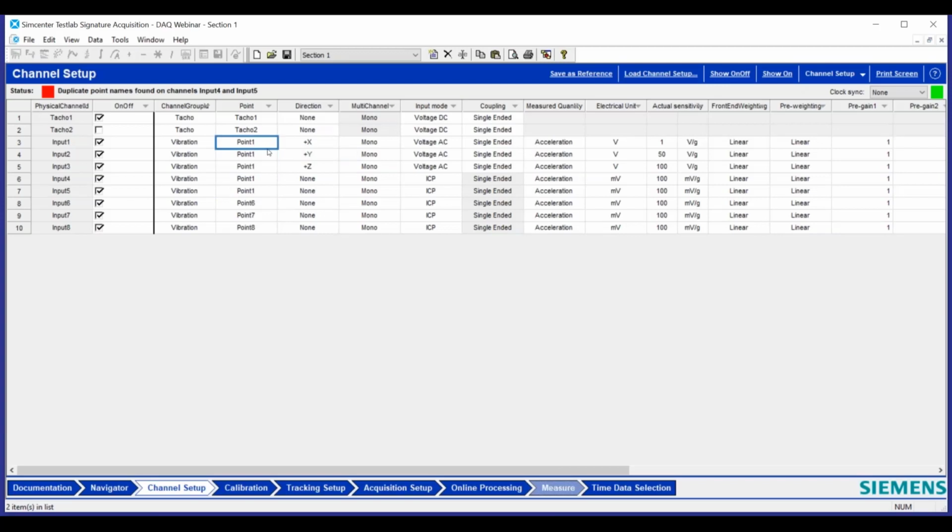So a lot of the same functionalities that you see in programs that you're familiar with, like Microsoft Excel, a lot of that functionality can work here in the channel setup, which can be good to avoid forgetting to turn on certain channels, or in this case, having to type in the same name over and over and maybe making a mistake. The other thing you can do is use the double arrow to increment. Pretty cool. I like that one. Yeah, that's a fan favorite.